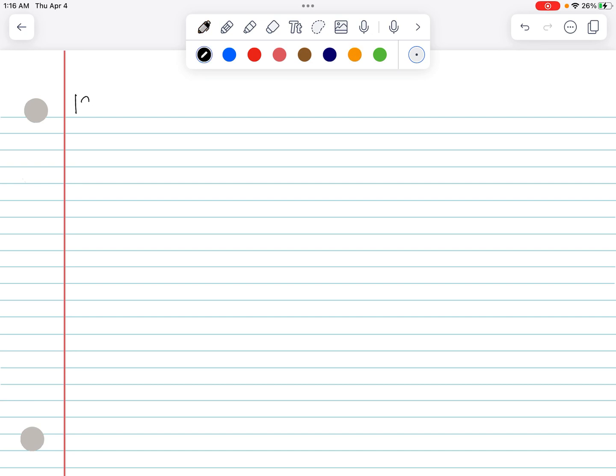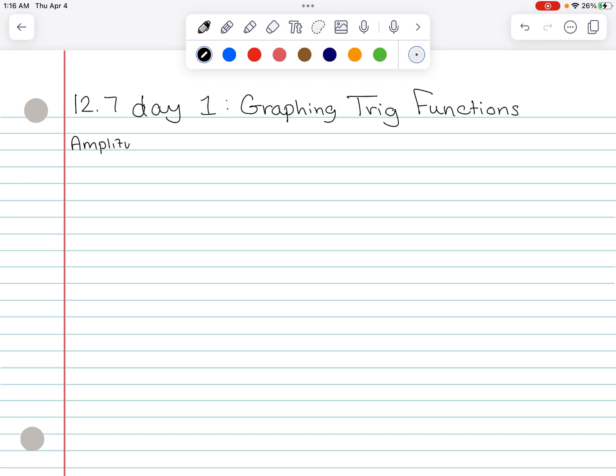Okay, so today we are starting to graph trig. So 12.7, day 1, graphing trig functions. Now, graphing trig functions is actually fairly easy, especially since we're going to be starting off today with just sine and cosine. In order to graph trig functions, one of the things you need to know is